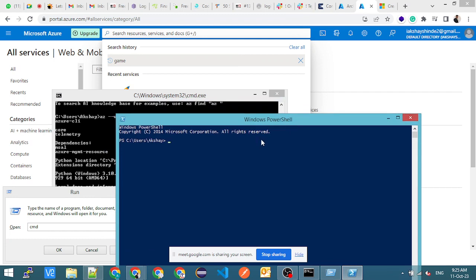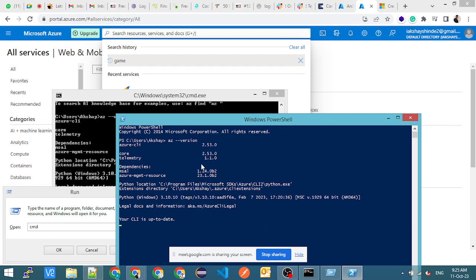This will look like this, and here also if I do az --version, because I have az installed, it will allow me to access the Azure CLI, Azure command line interface, which I installed yesterday. I shared the links. You guys go and install. Now, why do I need this